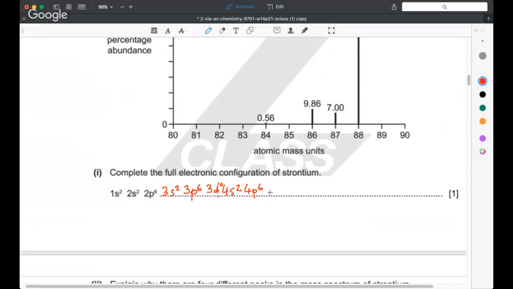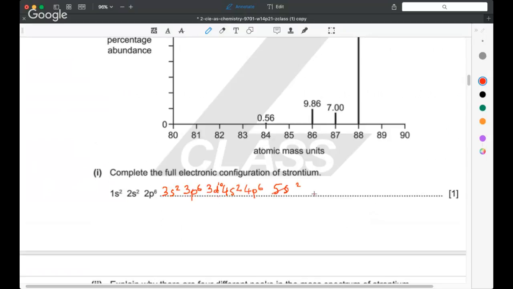So continuing the pattern, you'd have a 4d, but the 5s, just as we had before, is going to fill before the d. So that's 5s2. Now the 4d is empty. So as far as electron configuration goes, we could take that out. And so, whoops, what happened to my 5s2? So that's 5s2, all right? So that, if we add all that up, gives us 38 electrons for the atomic number